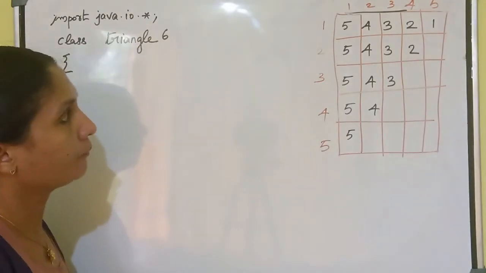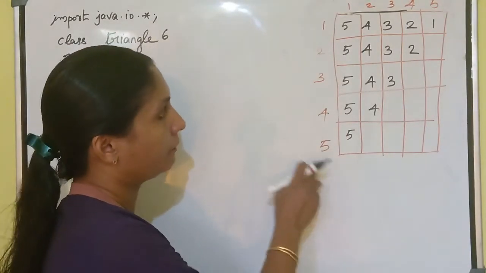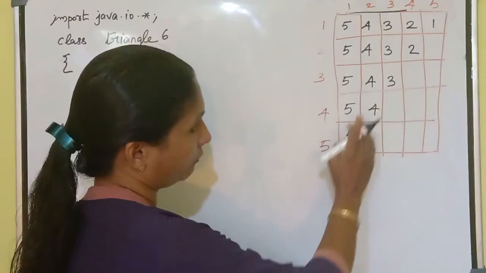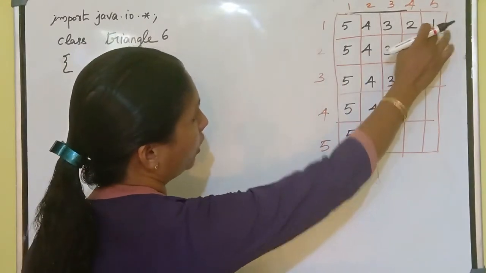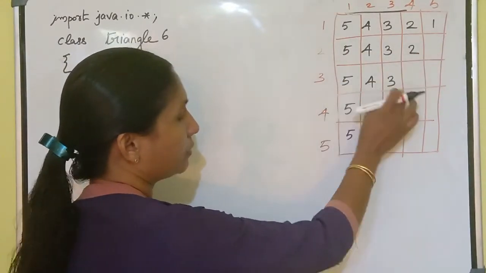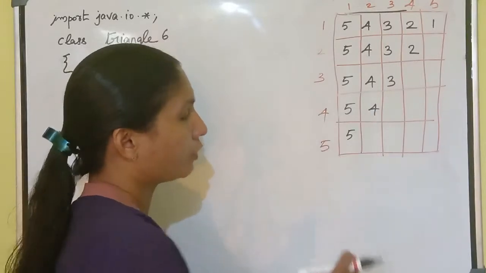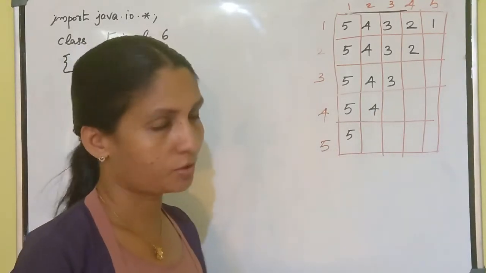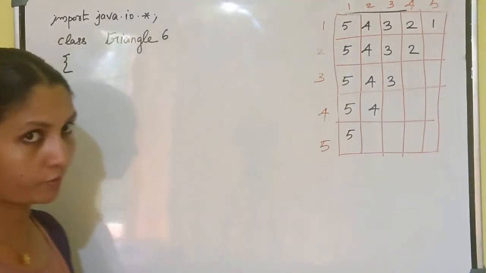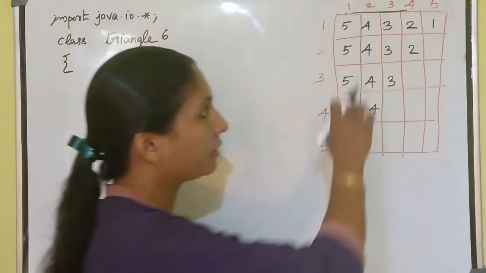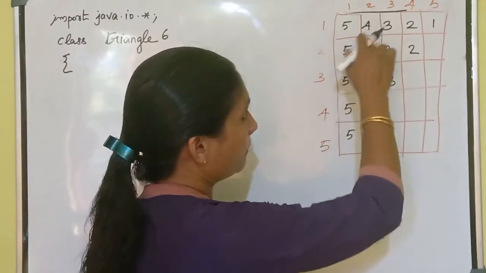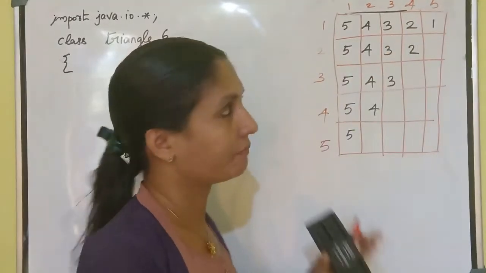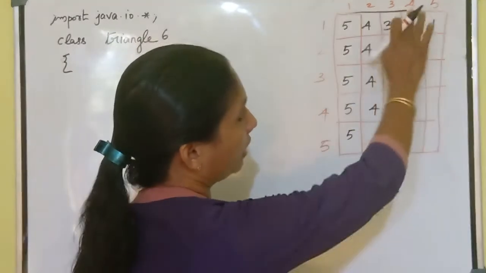And here we know we have 5 rows, but 5 columns, but in the first row 5 columns, second row 4 columns, third row 3 columns, fourth row 4 columns, and the last row only one element. Okay, but here there is one difference. What are the different elements here? It represents the column numbers here, but the inverse of the column number.